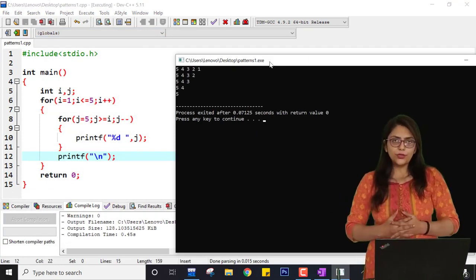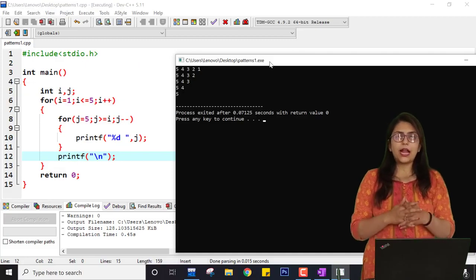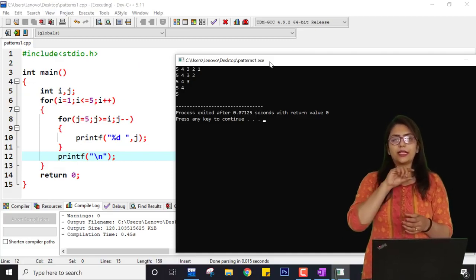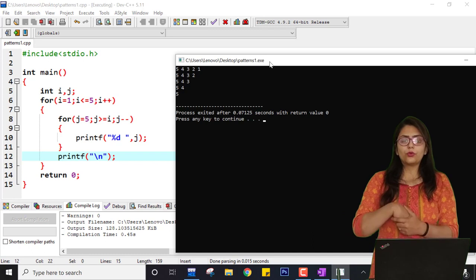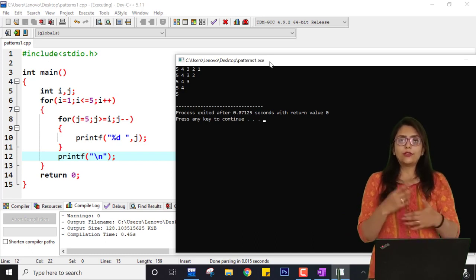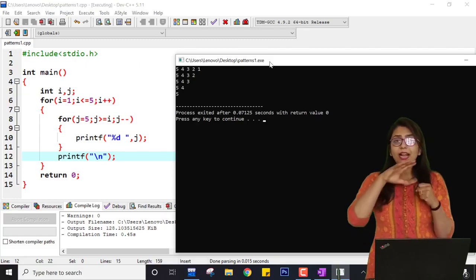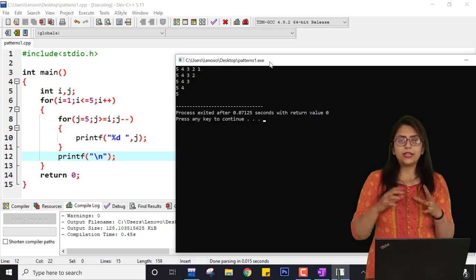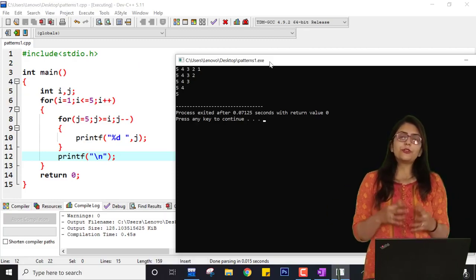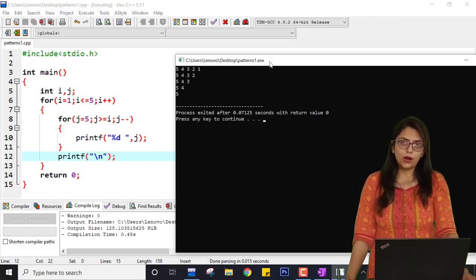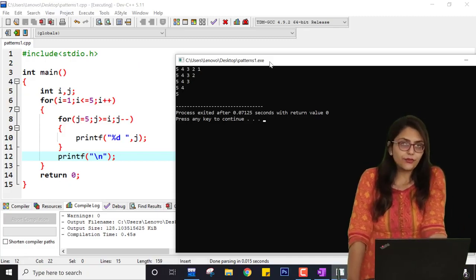Now in the previous video, whatever logic we implemented, that for even number of rows I was printing zeros and for odd number of rows I was printing 1, or for even number of rows I was printing hash, that kind of logic can also be implemented using this pattern. So you can try your concept of patterns in order to get different patterns.